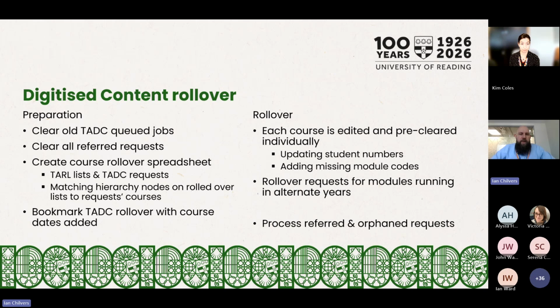And then once all of that is over, we move on to the digitized content. So again, over 2 weeks. The first week is a lot of tidying up tasks. So we'll clear all of our TADSI rollover queue jobs. We'll clear all the referred requests, because we're about to create a whole bunch more for the forthcoming year. We'll bookmark the TADSI rollovers in our browsers. And then the big task is